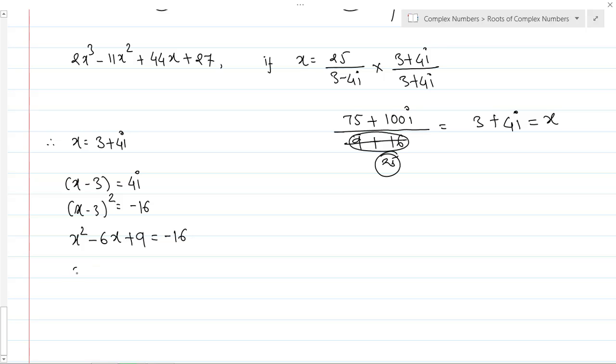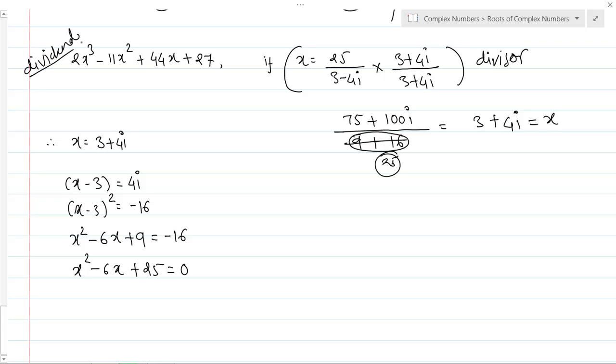So if I open this and rearrange this, minus 6x, ये minus 16 आ गया, इधर plus 16 हो गया, so it will be plus 25 equals to 0. So finally, what polynomial am I getting for this x? Okay, this is my dividend. In our case this becomes my, sorry, this becomes my divisor. Okay, divisor, this becomes my divisor and this becomes my dividend.